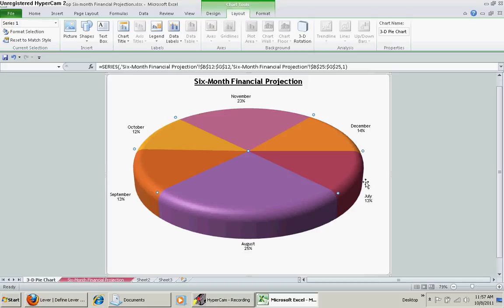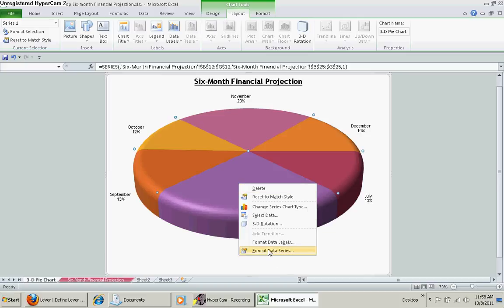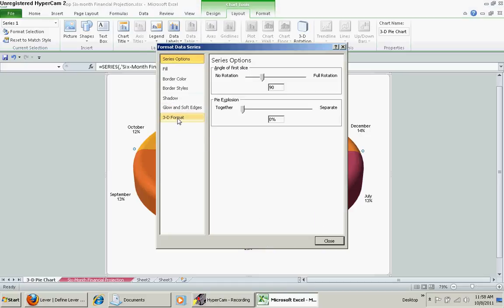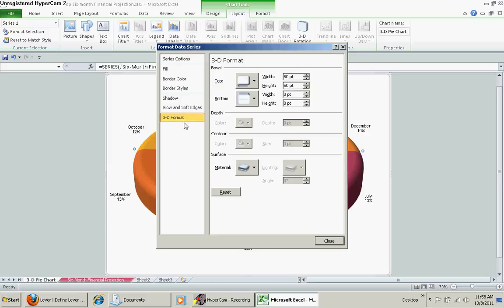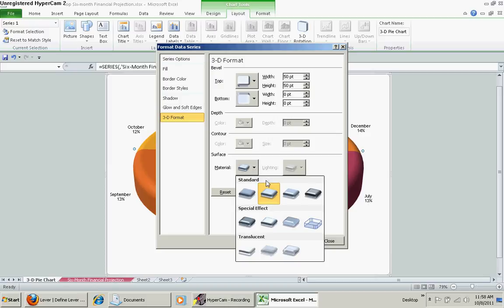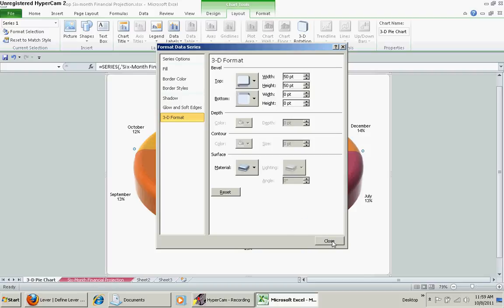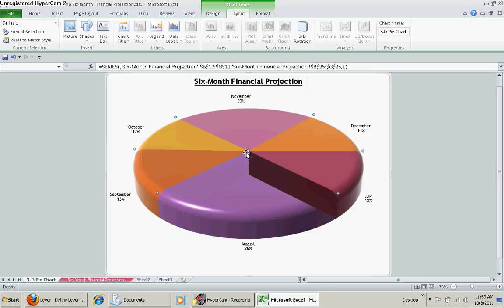and look at the edge at the top of this pie. Once again, let me do a right click, then we go to Format Data Series, then we go to 3D format, and this time let me pick material, and let me pick in the special effect, the soft edge. Click close, and notice that now I can see the beginning of the next